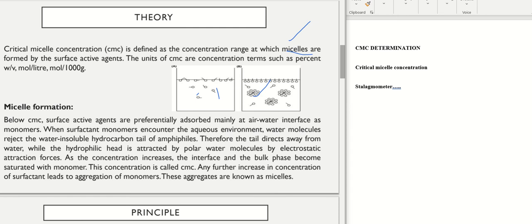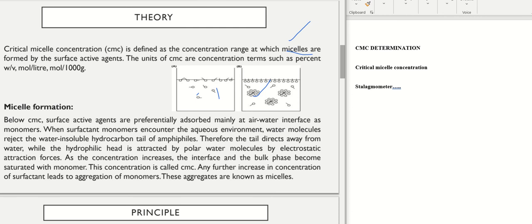So when we add a surfactant molecule, it tries to decrease the surface tension between the two phases or at the interface. When we keep on increasing the concentration of surfactants in the formulation,